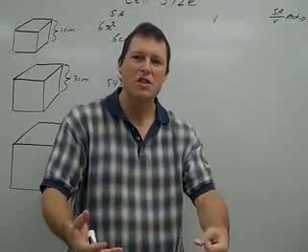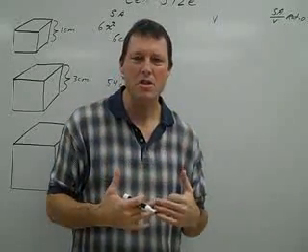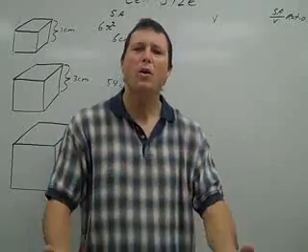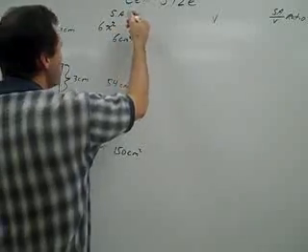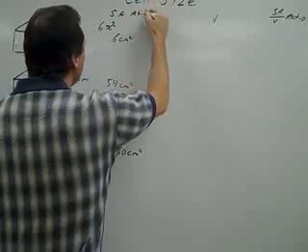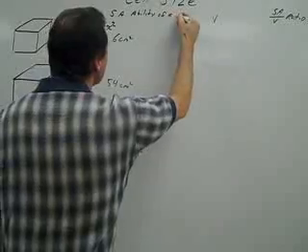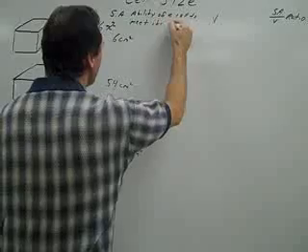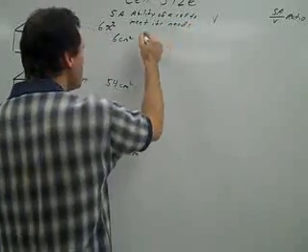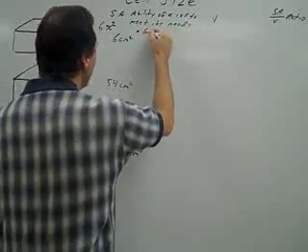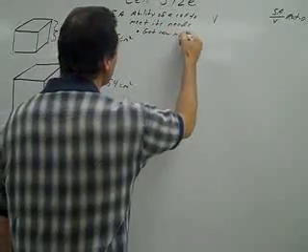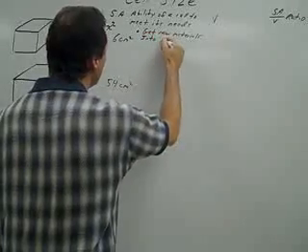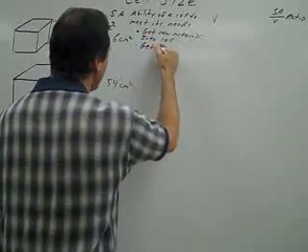Because in order to meet its needs, the cell has to diffuse raw materials into the cell, and it has to diffuse wastes that are created through metabolic reactions out of the cell. So the surface area is essentially the ability of a cell to meet its needs. And the needs are twofold. One, get raw materials into the cell and get wastes